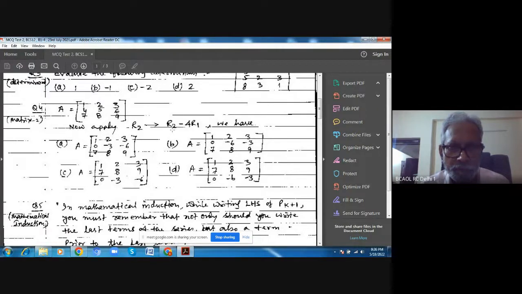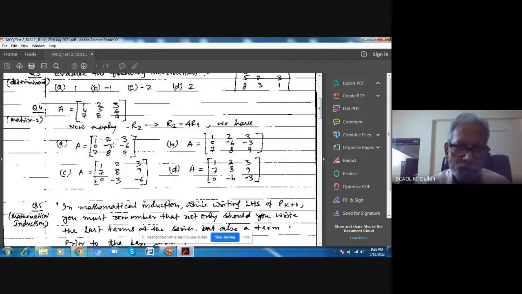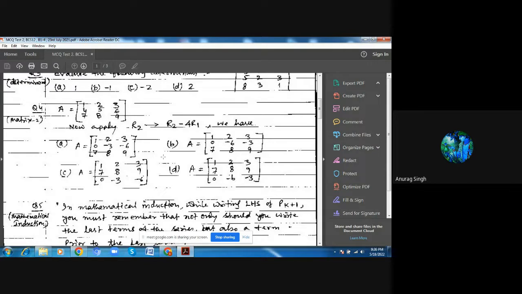ए सर। पक्का? B क्यों नहीं है? सर, रो 2 को चेंज करेंगे ना। तो ये भी तो रो 2 में चेंज हुआ है। देखो, रो 1 को 4 से मल्टीप्लाई करेंगे, फिर उसको माइनस कर देंगे R2 से। R2 - 4 R1। फर्स्ट रो को हम 4 से मल्टीप्लाई करके माइनस कर देंगे सेकंड रो से।